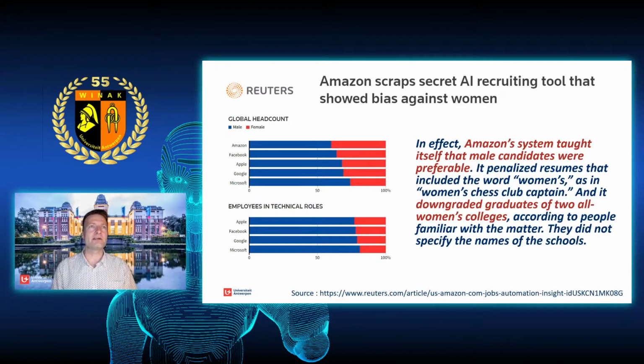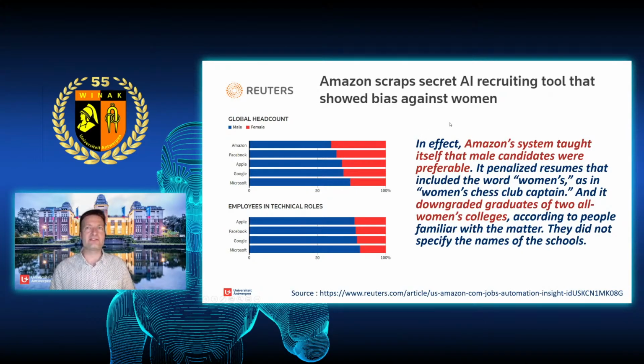What you see here on the left-hand side are bars that indicate, of the people that are working in these different technology-oriented companies, whether they are male or female, and then the number of employees in technical roles. And there you see that on average in the technical roles, there are more males than females. The bar for Amazon is missing here because they didn't want to disclose these numbers, probably also related to this kind of issues that they were having.